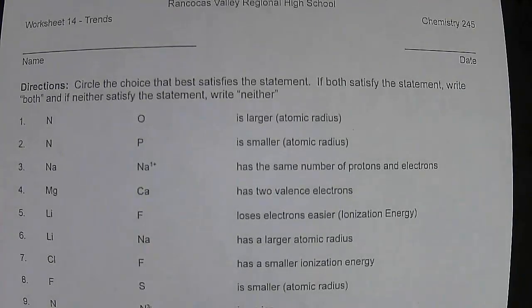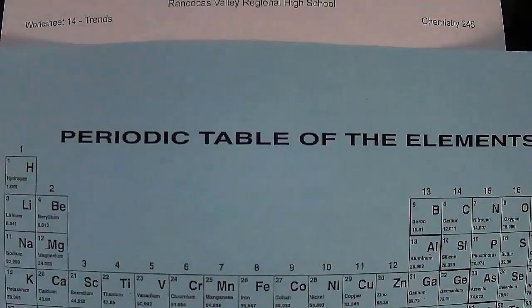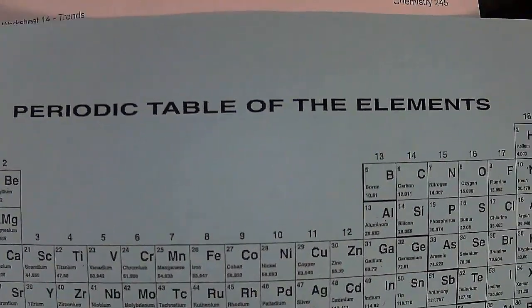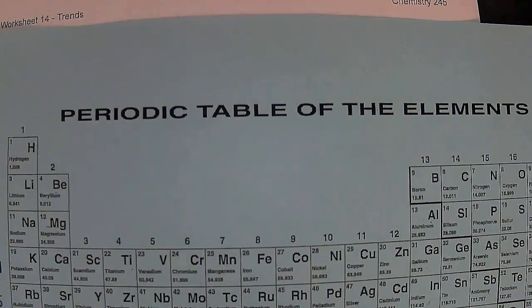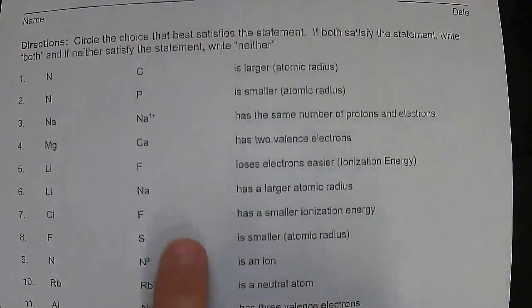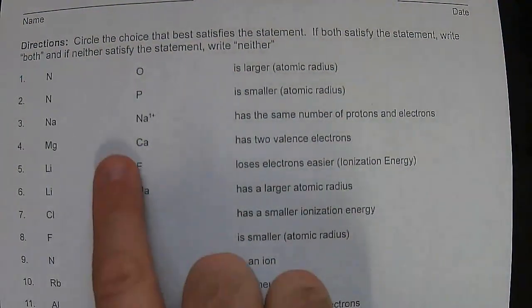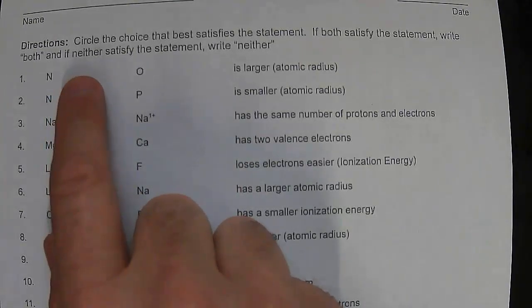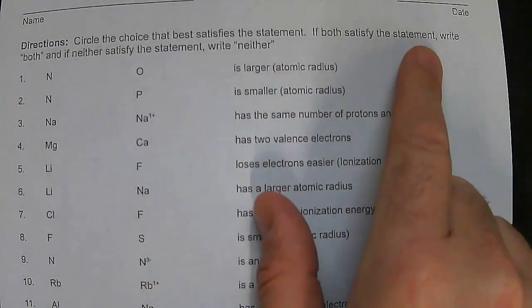Hey everybody, we're going to go over the periodic trends worksheet, and in order to do that we need the worksheet and we need a periodic table here. So I'm going to hopefully try to get this all figured out here. Okay, so let's see. In order to do this we need to read the directions, and it says if